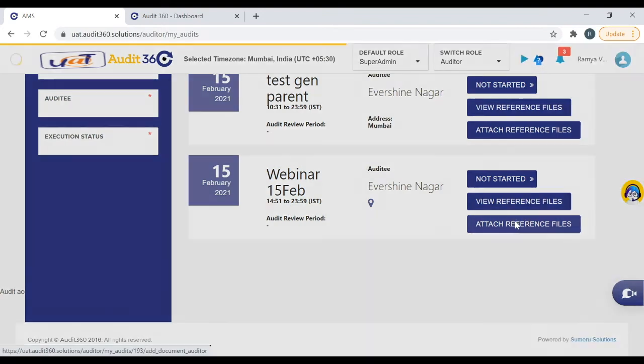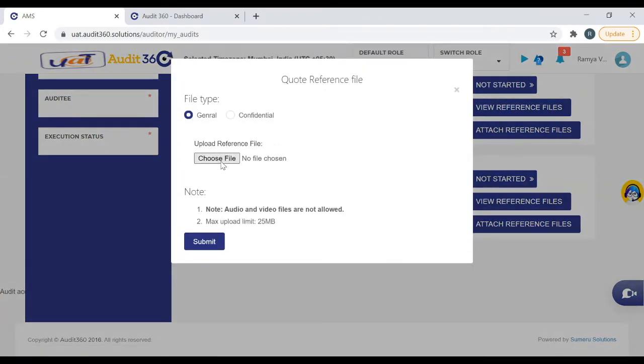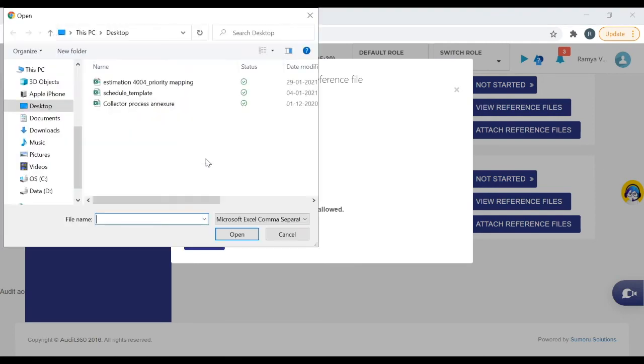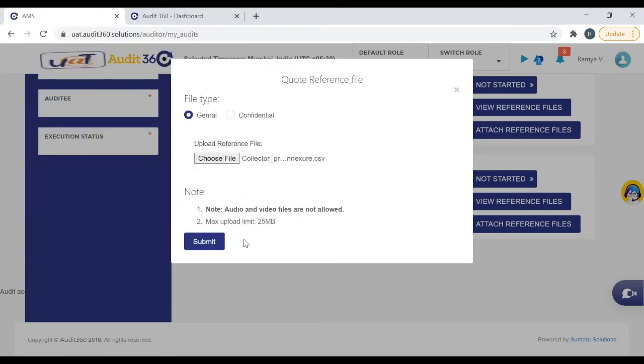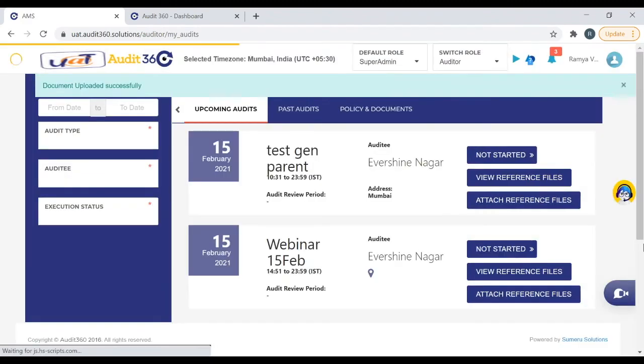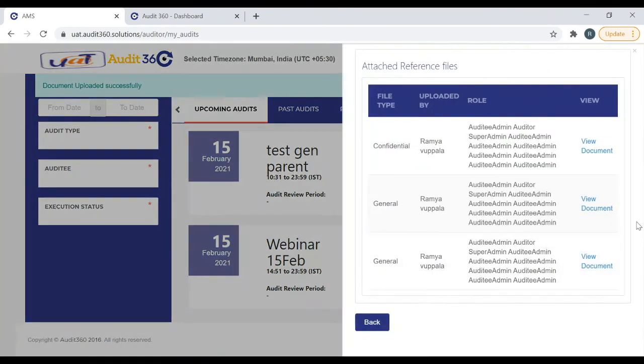Just click on attach, choose file, pick some other files, and submit it. Those files will also be reflected here.